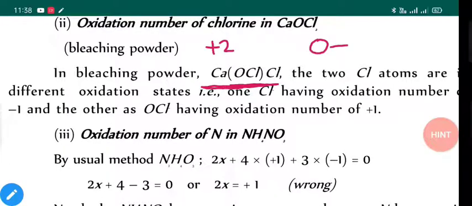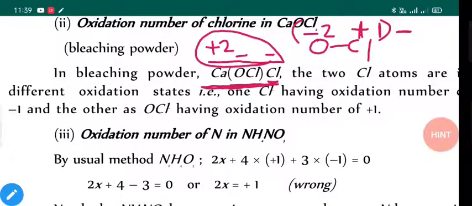Oxygen is combined with chlorine, and as we know oxygen is more electronegative than chlorine. So in this case chlorine will get +1 charge and oxygen is still in -2 oxidation state. So OCl will have a total of -2 plus 1, that means -1 charge. So Ca is in +2 and the whole OCl is in -1 oxidation state and the last Cl is also in -1 oxidation state. So +2 -1 -1, total it will be neutral. So that means we have two different Cl: the one attached with oxygen carries +1 charge and the separately attached chlorine will